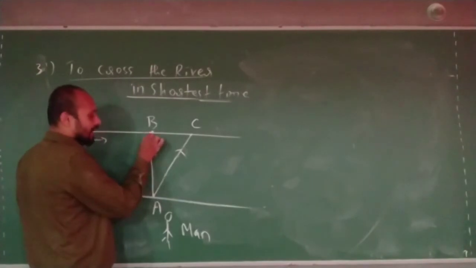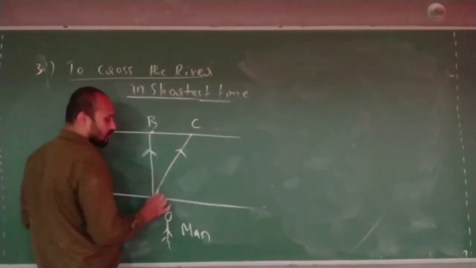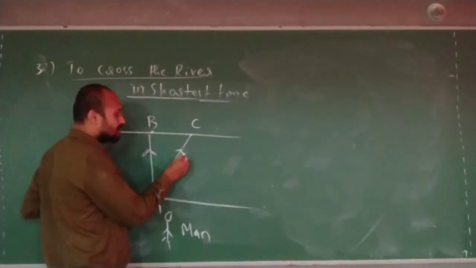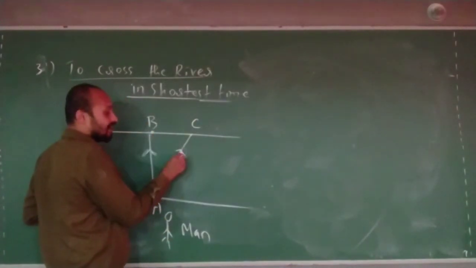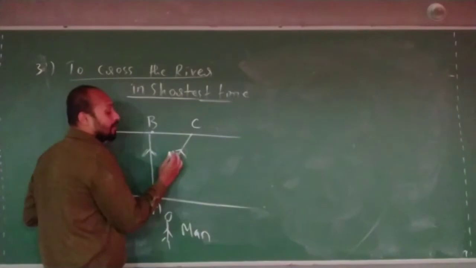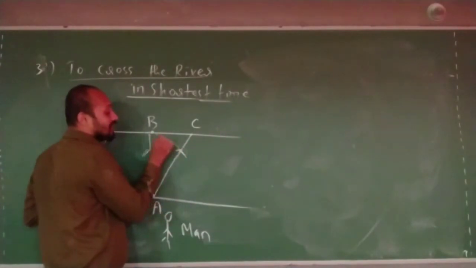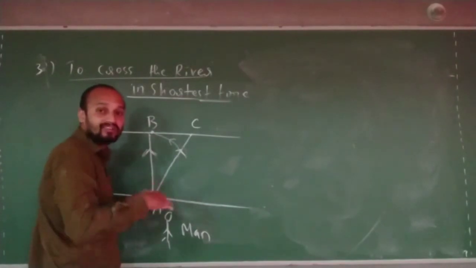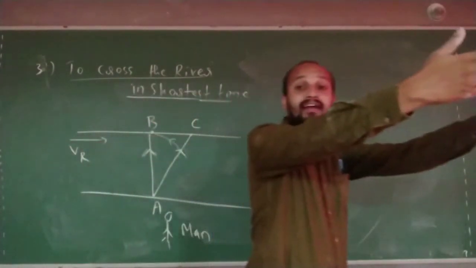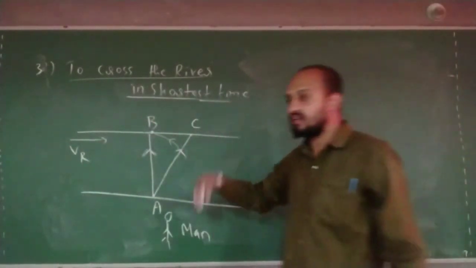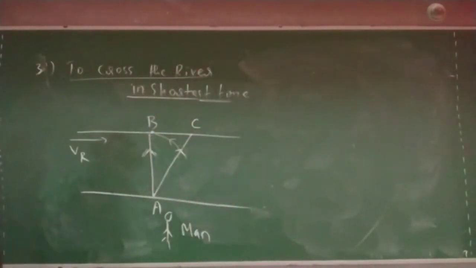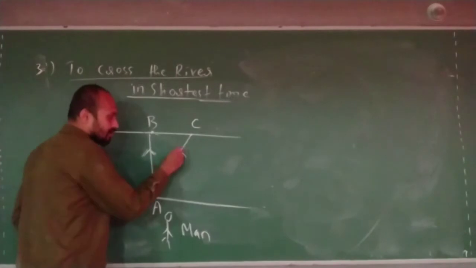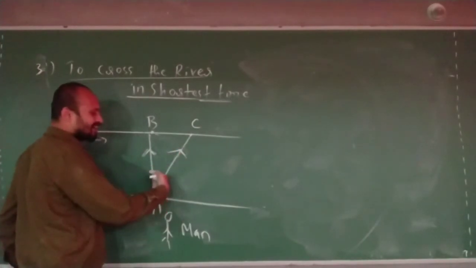They try to go here, but the river will push them somewhere here. Actually, they will be going like this. They are thinking that they are going like this. Suddenly they will feel, okay, I have been pushed by the river, and they will change their velocity like this, such that they cannot reach here. Because the time taken to reach the point will increase if you change the velocity. Are you understanding? So that is why, if you want the shortest time, you just need to go up.